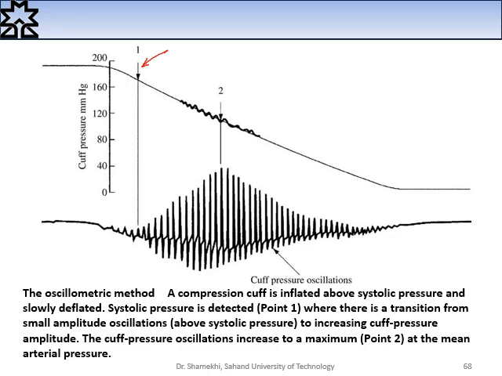Systolic pressure is detected at point 1, where there is a transition from small amplitude oscillation above systolic pressure to increasing cuff pressure amplitude. The cuff pressure oscillations increase to a maximum at point 2 at the mean arterial pressure. And after that, the vibration amplitude will decrease,